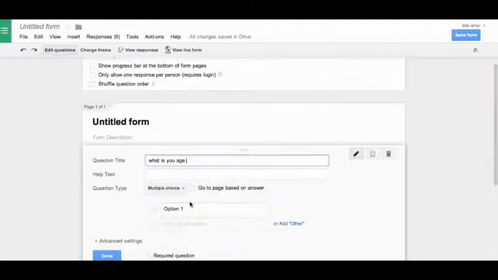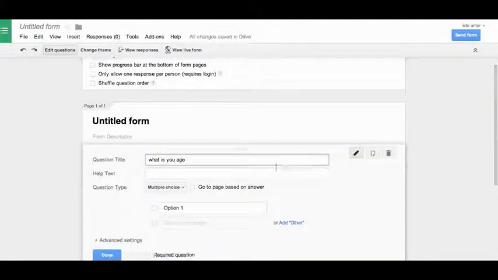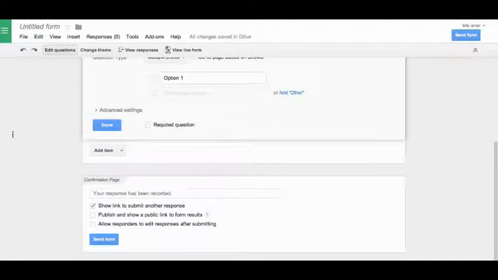You click on done if you are done, or then you send it via email or any option you choose. You click on send form, and then you send it either via Google or Facebook or Twitter. So it's your choice.